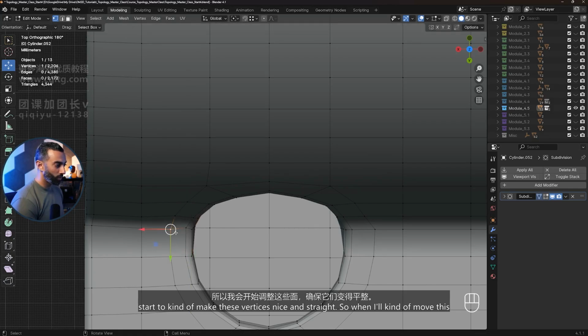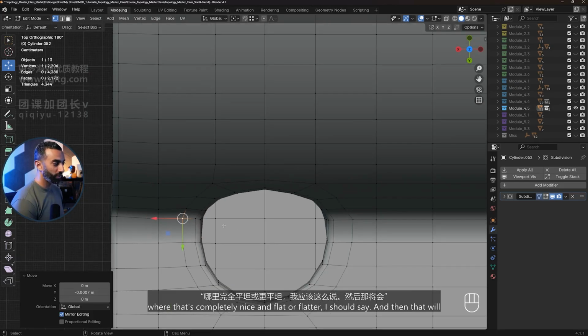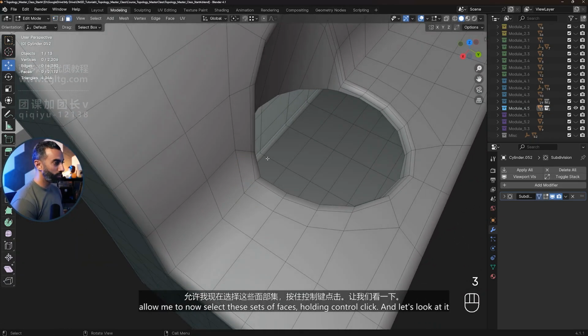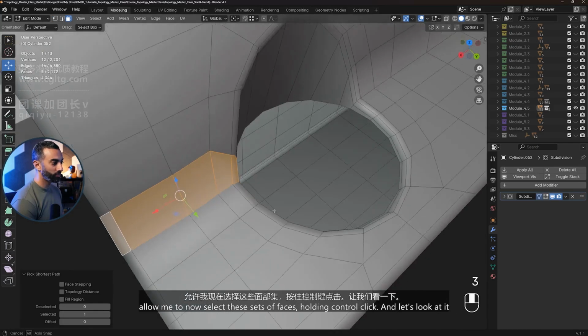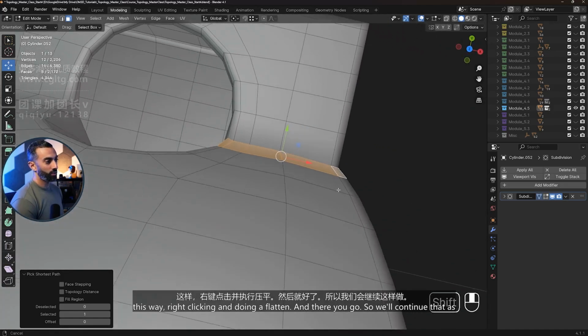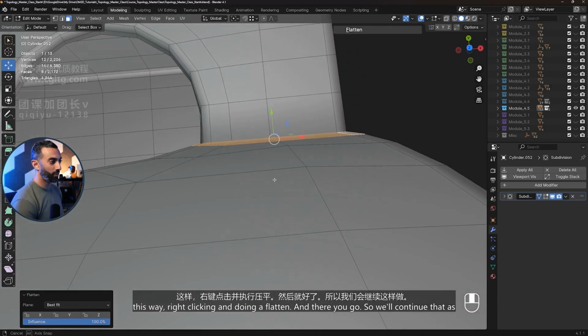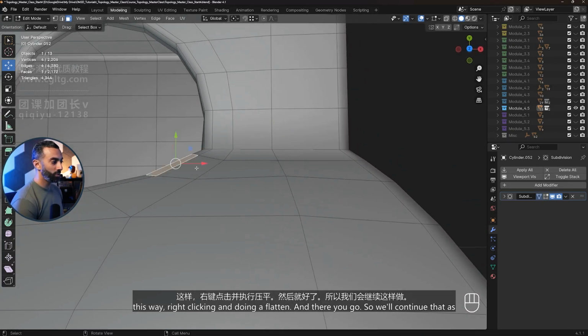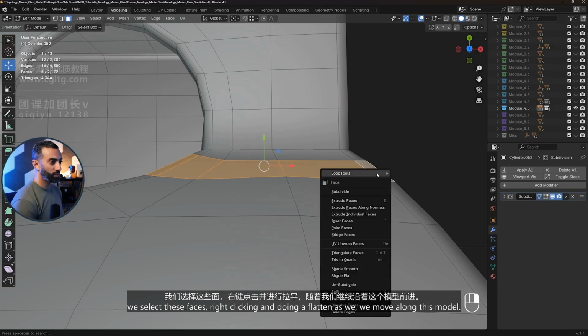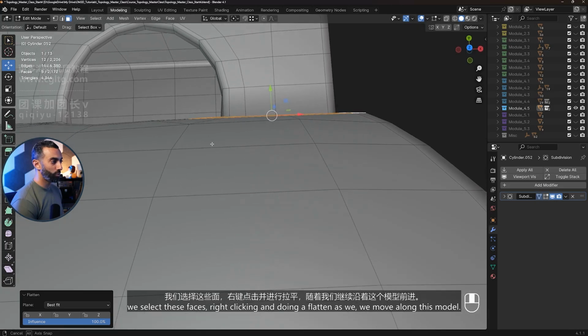So I'll move this where that's completely nice and flat, or flatter, I should say. And then that will allow me to now select these sets of faces, holding control and clicking. And let's look at it this way: right clicking and doing a flatten, and there you go. So we'll continue that as we select these faces, right clicking and doing a flatten as we move along this